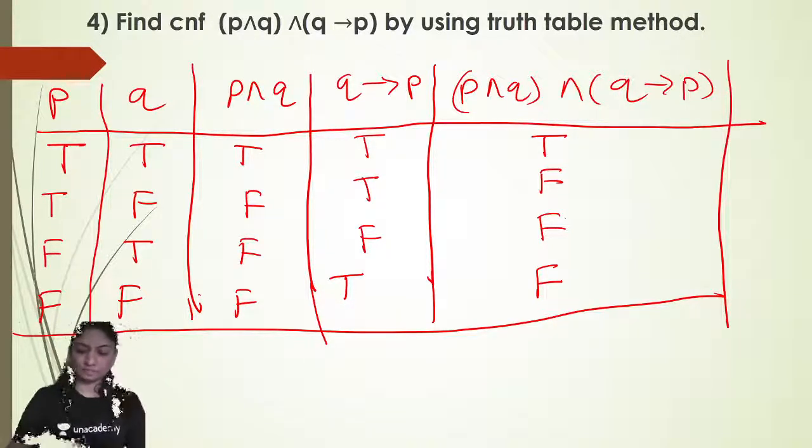We can write here, see the truth value which is false. While finding the CNF with the help of truth table, see the first F. Okay, here first F is here, and write down the corresponding values. Now here it is false, so here is negation of P, right? We can write here negation of P, or, okay, the next value is F, so Q as it is, right? Negation of P or Q,